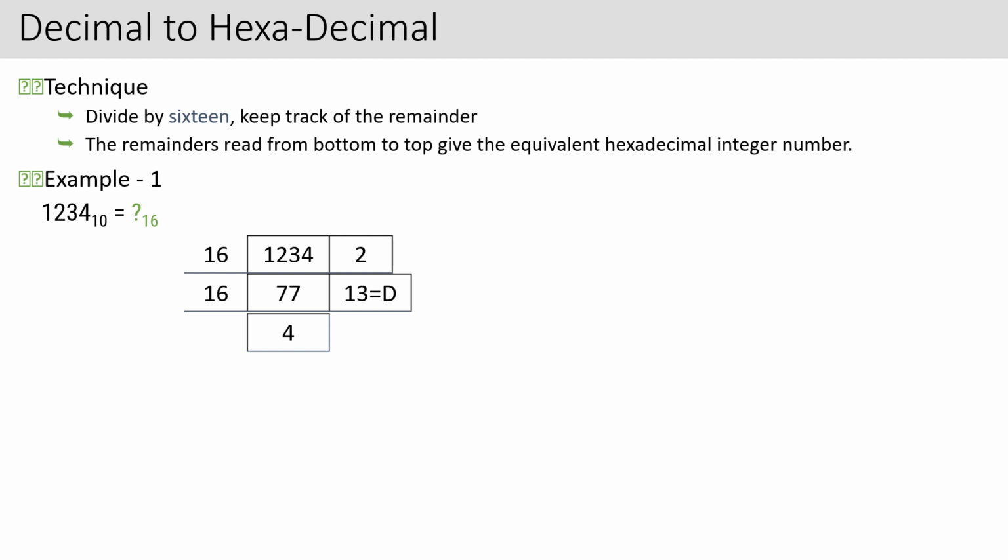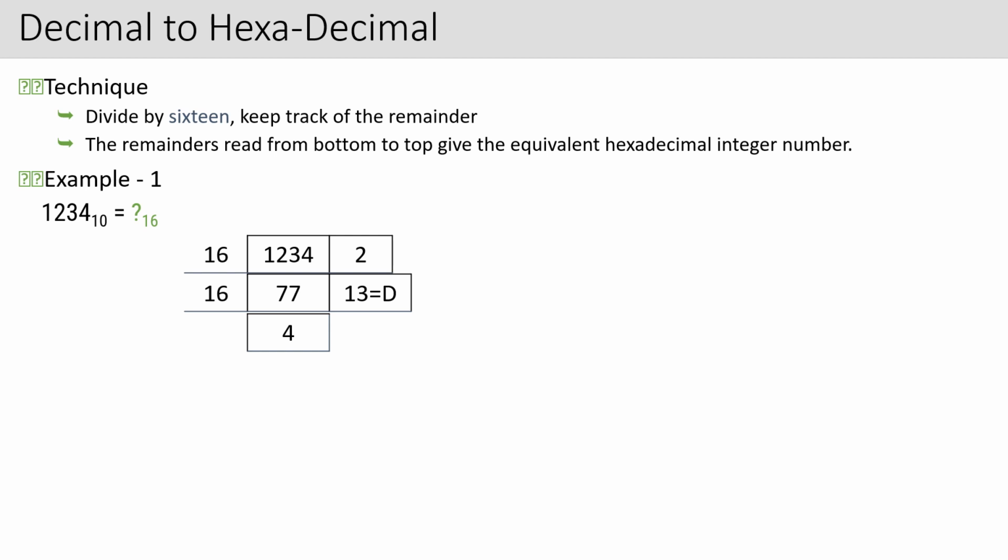But here, what is the thing? I am converting it into hexadecimal, right? 13 is not a hexadecimal digit. So how can we represent 13 in hexadecimal form? By the alphabet D. Because if you remember, in my first lecture I explained the hexadecimal number system: it uses 0 to 9, and after that the alphabets A, B, C, D, E and F. So 10 is represented by A, 11 by B, 12 by C and 13 by D. So this remainder 13, you will write as D.